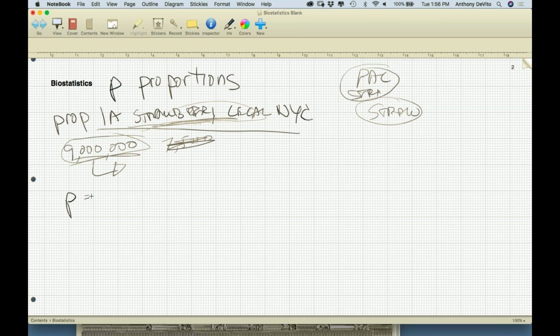So what proportion equals yes, right? We can't go out and sample all 9 million people, or maybe they're only interested in the 2 million who actually turn up and vote on the propositions. A lot of people don't vote on the propositions, even though they do vote in elections. So maybe they figure there's 2 million people actually going to vote on this, right? They're not going to go out and survey 2 million people, but they might say, let's do a telephone survey and let's sample